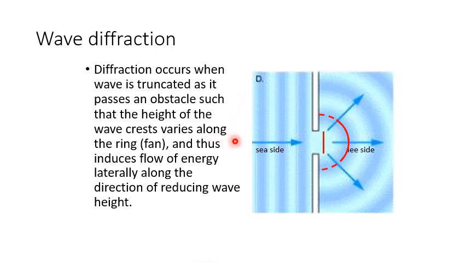Only the wavefront that reaches this gap is able to pass through to the lee side. But when this wavefront passes through to the lee side, the wave only exists from here to here. There's no wave on the lee side of this obstacle. So there's a truncation. That means the wave is suddenly being cut off on this end and also on this